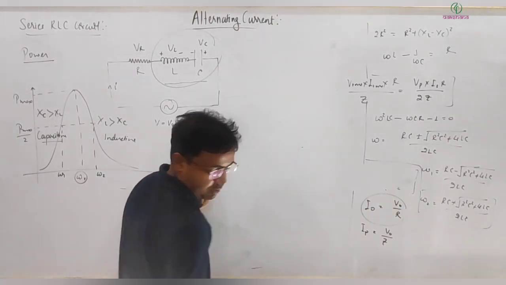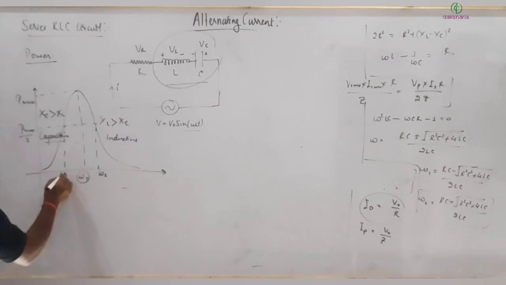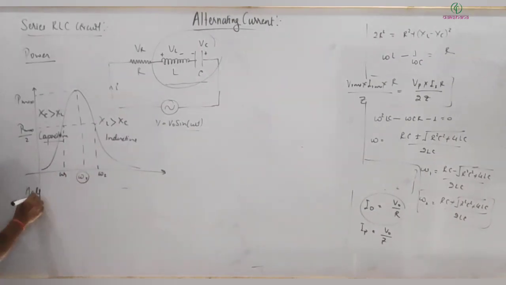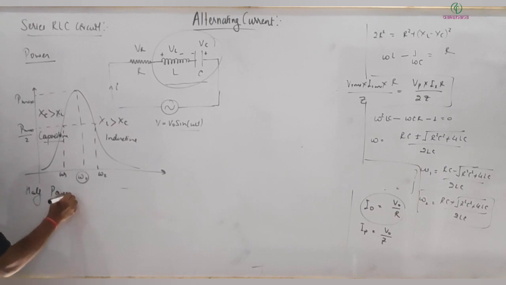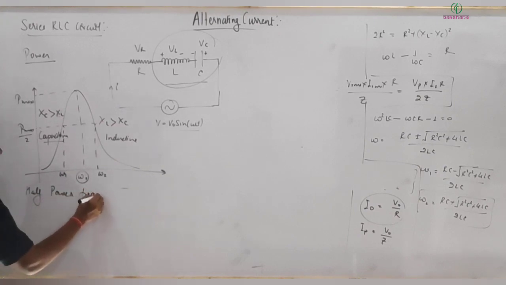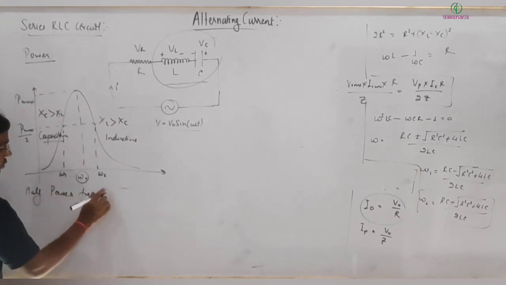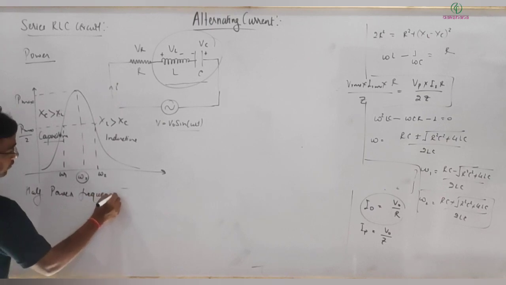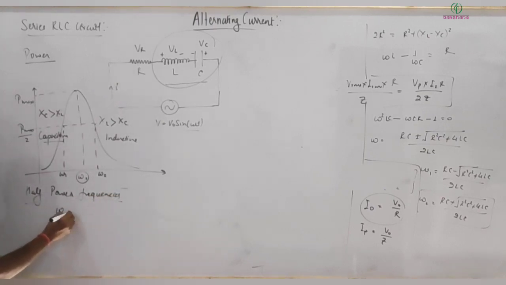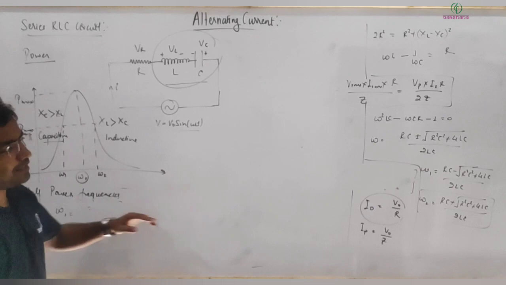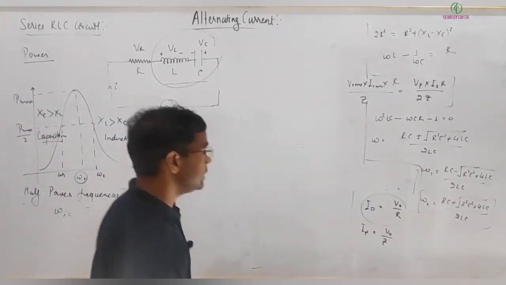So we got half power frequencies. So this omega 1, omega 2, the half power frequencies. Omega 1 is equal to, I can write it by dividing,